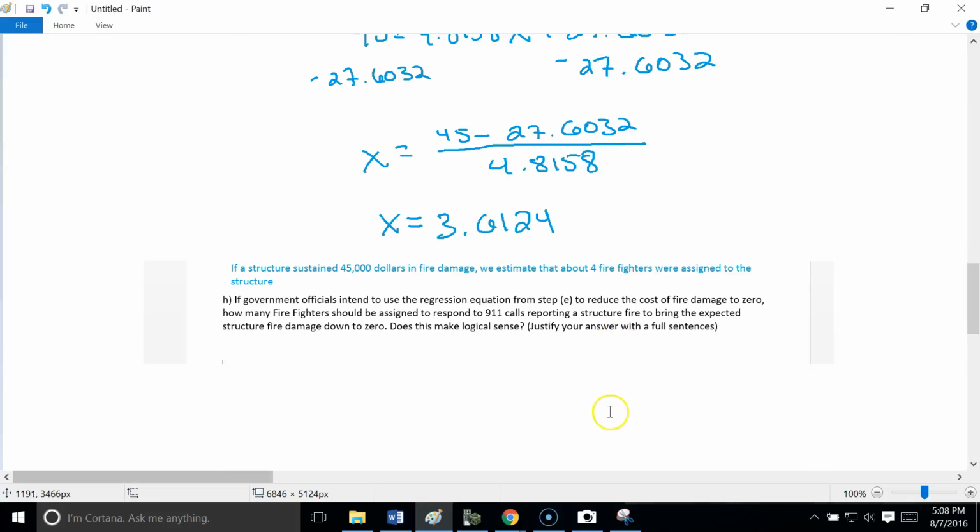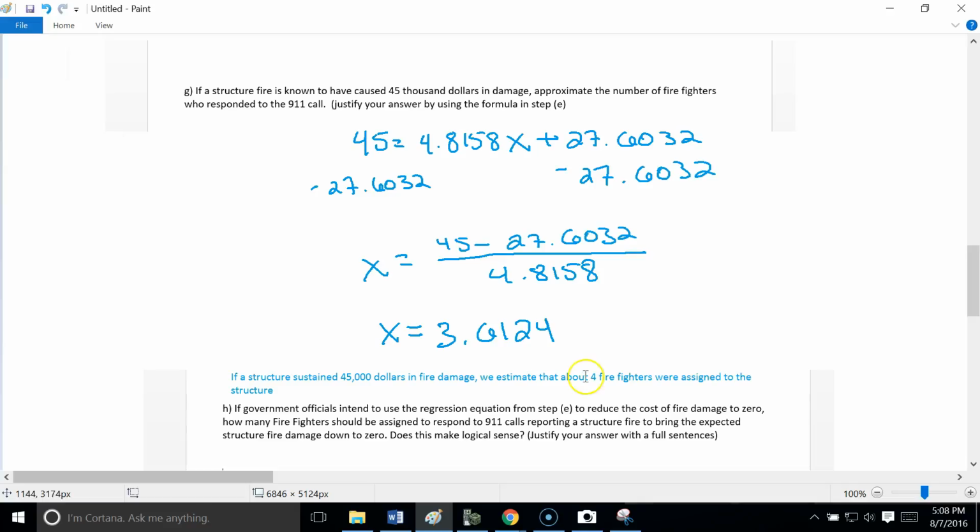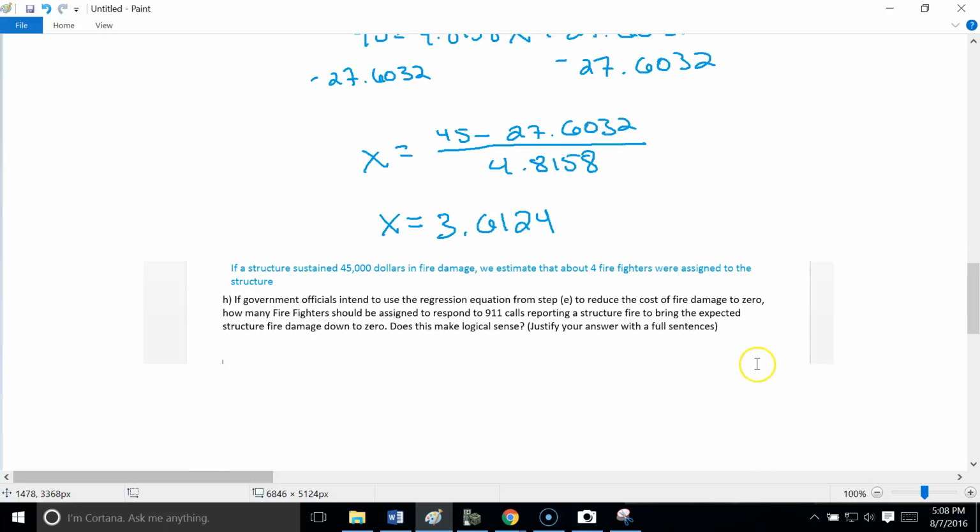Okay, moving on to the last part of this question. If government officials intend to use the regression equation from step E to reduce the cost of fire damage to 0, how many firefighters should be assigned to respond to 911 calls reporting a structure fire to bring the expected structure fire damage down to 0? Okay, well, if we just apply our equation, we're going to do the same thing that we did for G, but instead of putting a 45, now we're going to set it equal to 0. So this would be